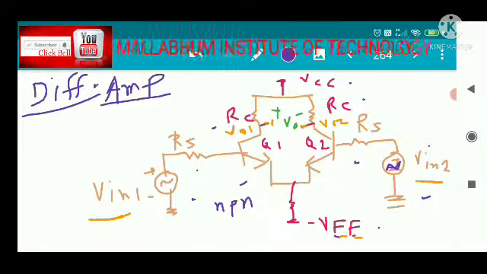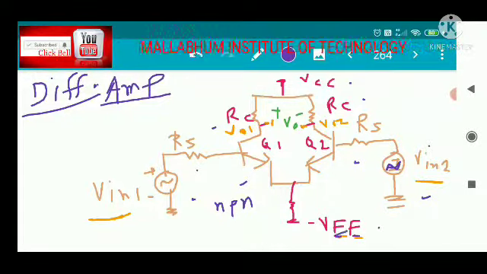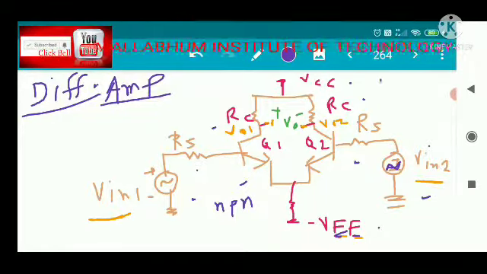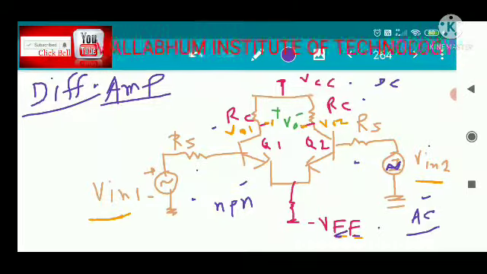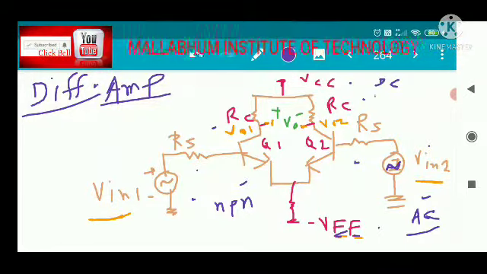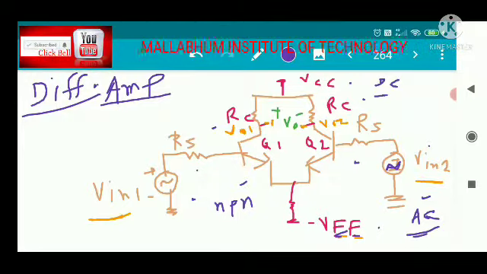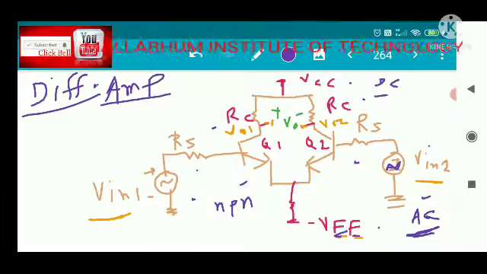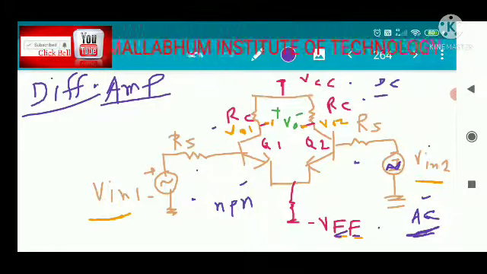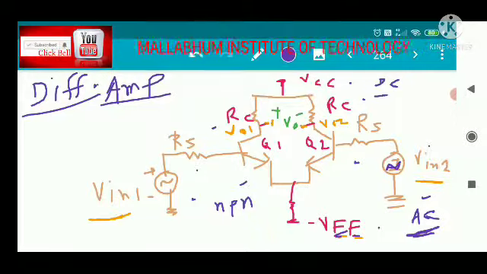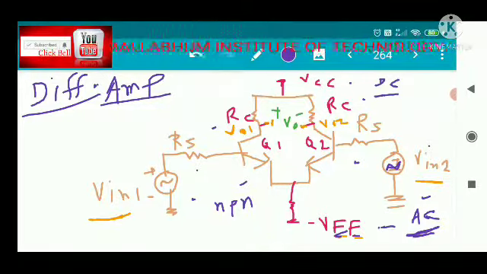You can see from the circuit diagram that this is a transistorized circuit. There is a DC signal being used, and there is also an AC signal being used in this circuit. Now what is the use of this DC signal, and what is the purpose of using this AC signal? The AC signal is used here as the signal. This signal is going to be amplified, and the output voltage is to be collected from the collector terminal. The DC voltage, that means VCC and minus VE, is used for the biasing purpose of the transistor.